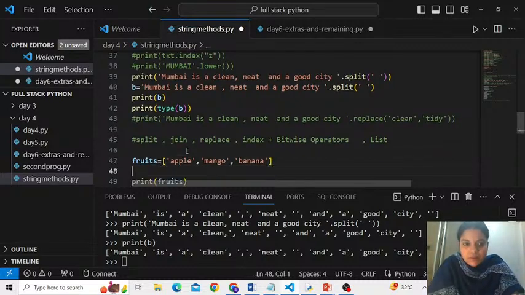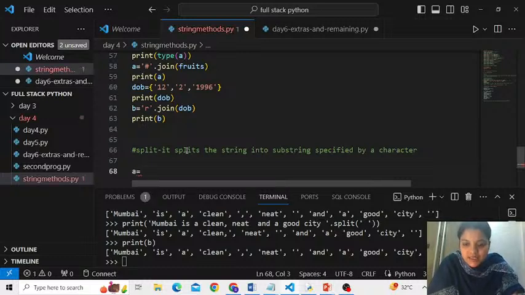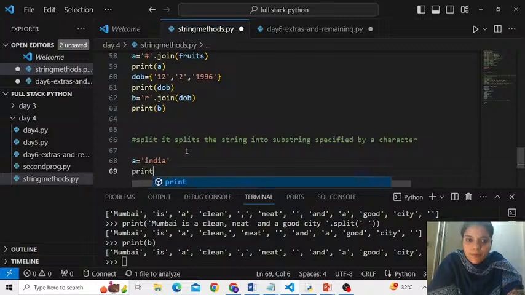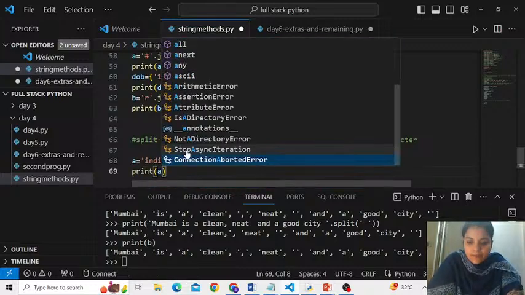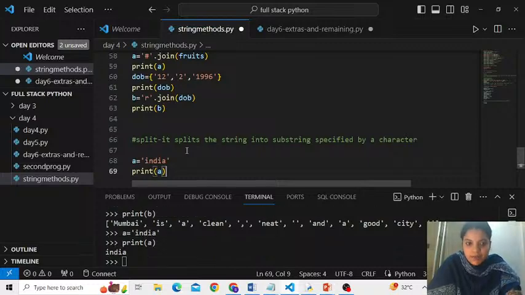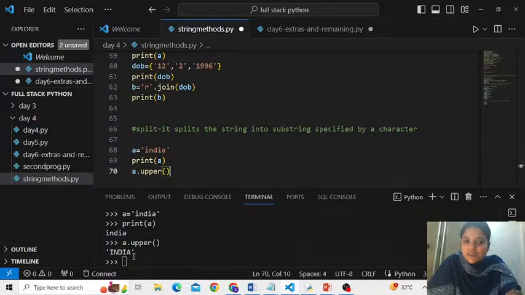For example, if I write like this, say a is equal to India. Print A. India has been printed. Right? Then I say A dot upper. Okay, so India is converted into uppercase.